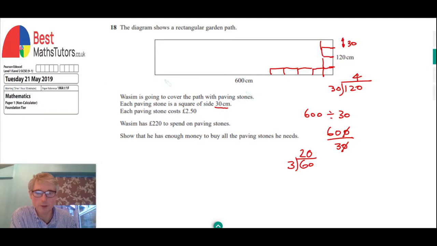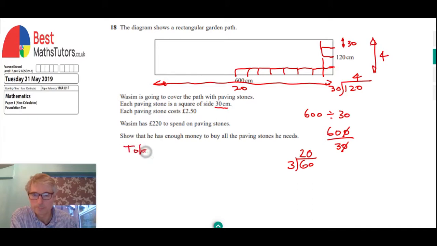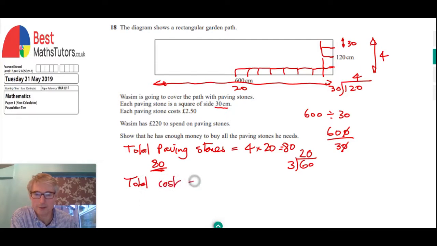That means across the horizontal length, I'm going to get 20 squares going across, and I'm going to get 4 going vertically. So the total number of paving stones we're going to need is 4 times 20, which means we're going to need 80 paving stones in total. And since each paving stone costs £2.50, the total cost is going to be given by 80 times